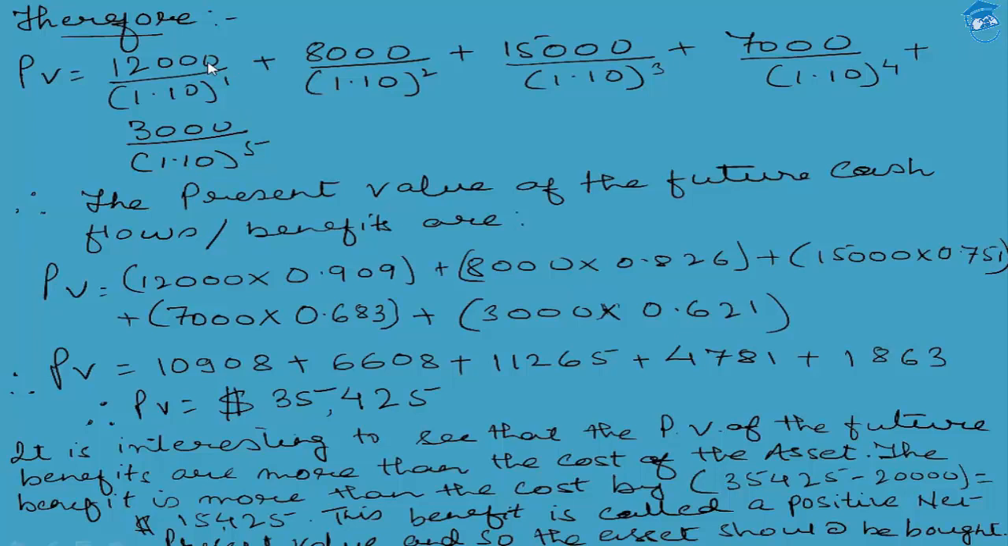It means, point number one, we are reducing the future values for each year individually. Future value of 12,000 for the first year, 8,000 is the future value for the second year, 15,000 for the third year, 7,000 for the fourth year, and 3,000 is the future value for the fifth year. Point number two, once we have figured out the future uneven cash